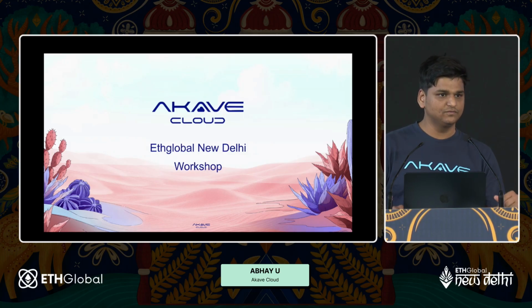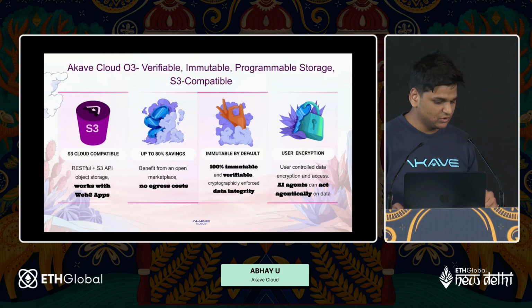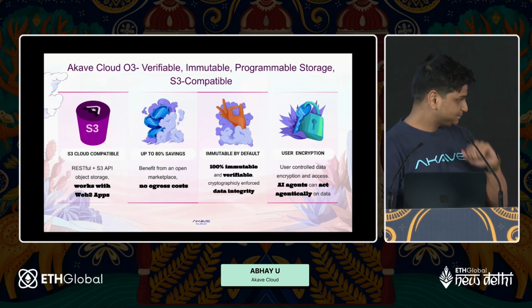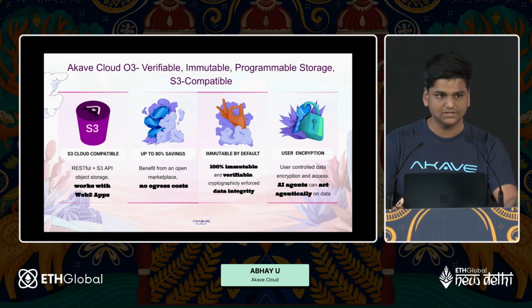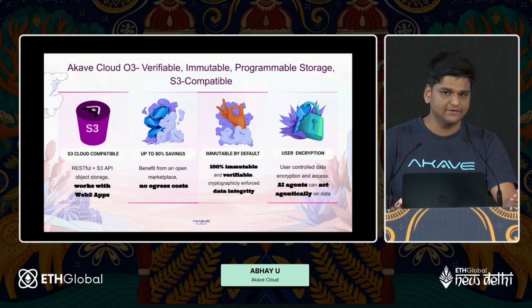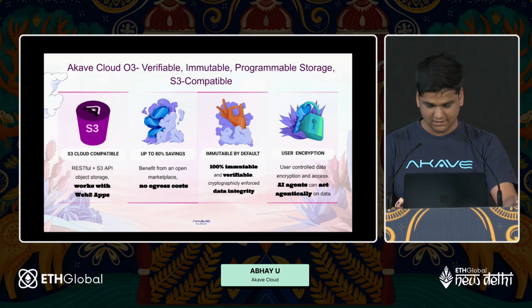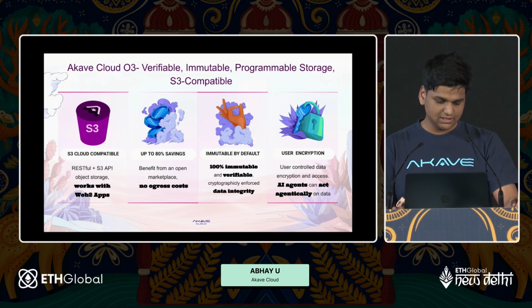So let's see how we can move from Web 2 to Web 3, still maintaining the usability provided by Web 2. That's what Akave offers. Our main focus is on adaptability. We offer S3 compatible endpoints. As you are all aware of AWS S3 object storage, Akave offers compatibility with AWS S3, so you don't have to change anything in your code base or update anything for that matter. Just use the endpoint URL of Akave and the credentials that we provide you, and it's as easy as that to migrate from traditional cloud to decentralized cloud.